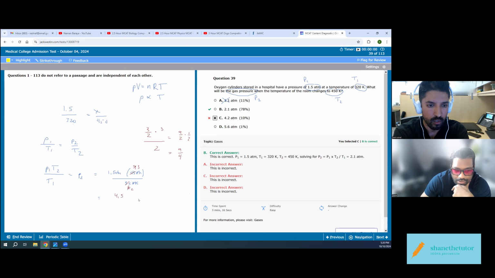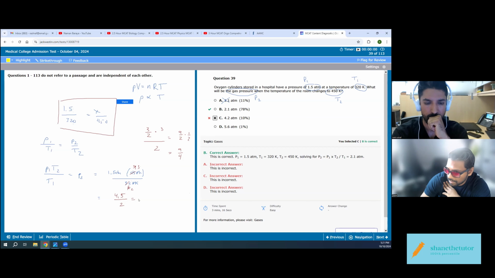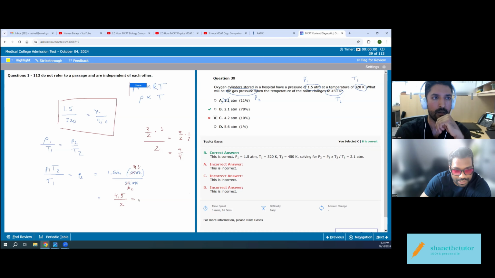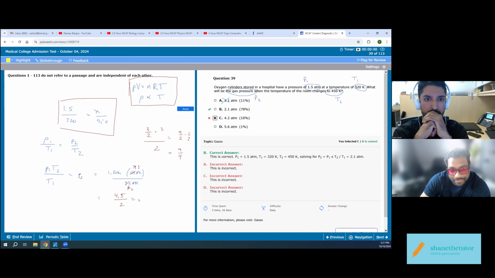So 1.5 times 2 is 3. So then 1.5 times 3. Yep. And I'm also thinking of 15 times 3, right? So 4.5 and then divided by 2, right? 4 divided by 2 is 2. 4.5 divided by 2 will be a little higher than 2. So this proportion works here. But still start with this, because what if instead of temperature, they gave